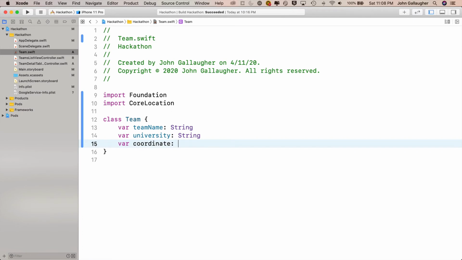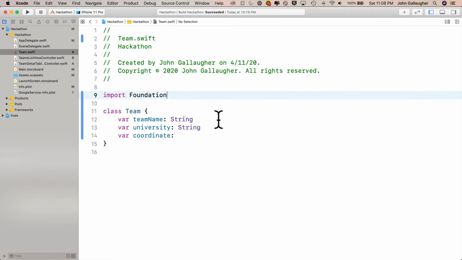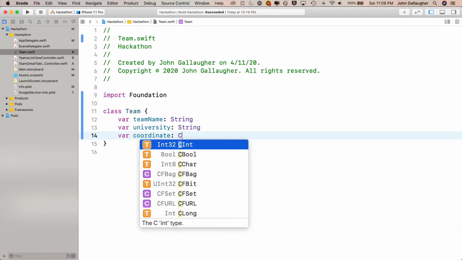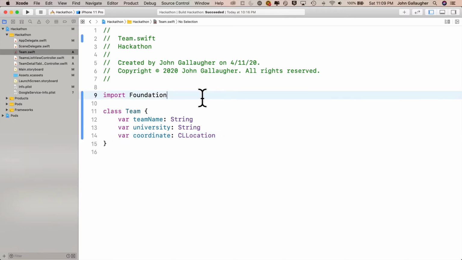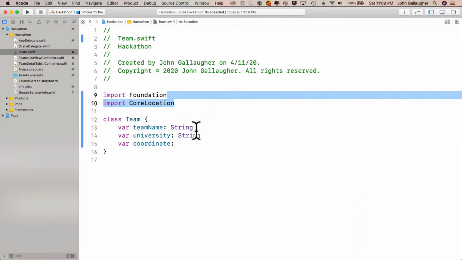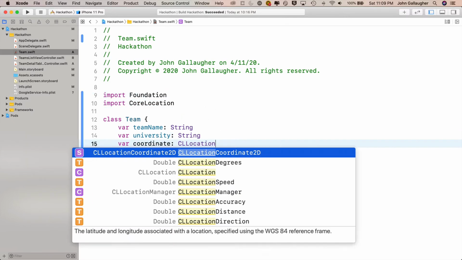and look what would happen if I got rid of the import CoreLocation. If I start to type in the type name CLLocationCoordinate, nothing shows up for the CL library. That's because I haven't imported it yet. So I'll go back up here, import CoreLocation, and now I can select the type CLLocationCoordinate2D,